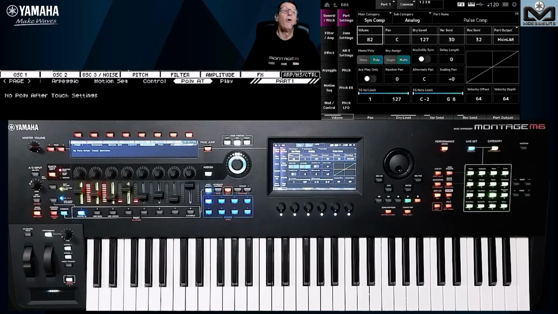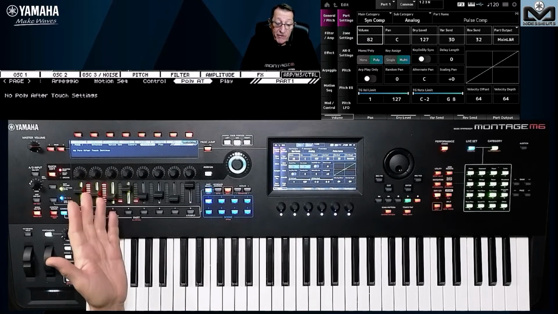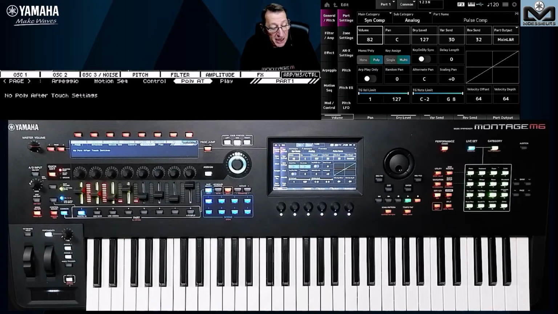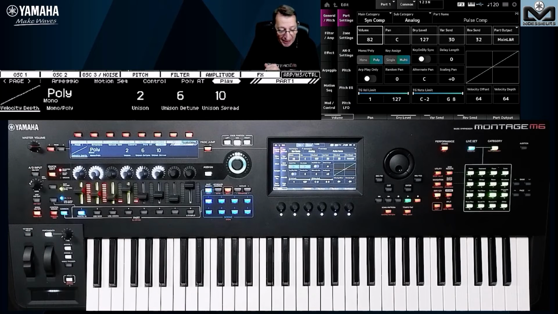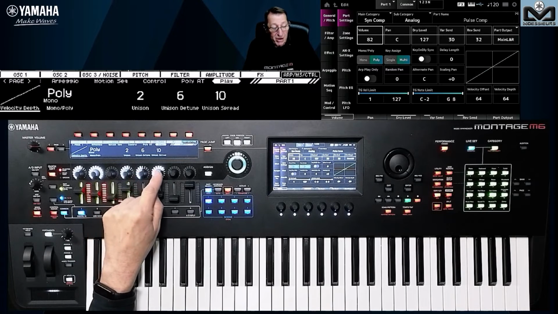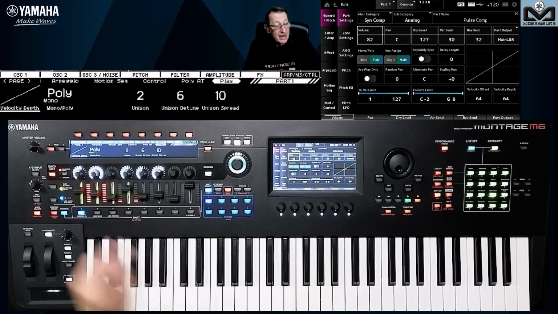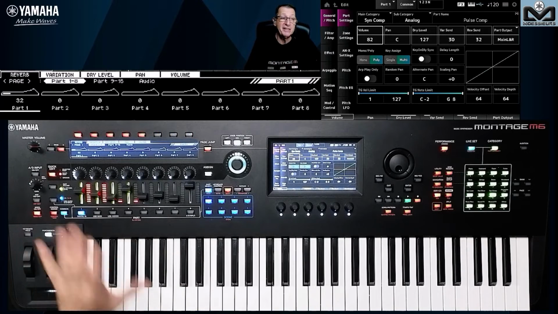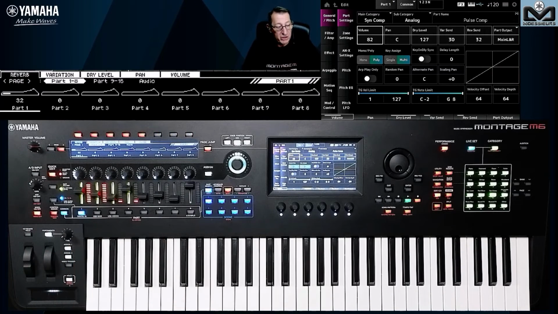Poly aftertouch only if you have an M8X. Of course, here I have the M6, or on the M set you will see nothing because we do not have the poly aftertouch. And the surprise is here, because one very important thing for the ANX is also the unison. And the unison is here. You have the unison, the detune, the spread, like that you can manage. I will not spend time here. This is the same thing that we have on the command level video.